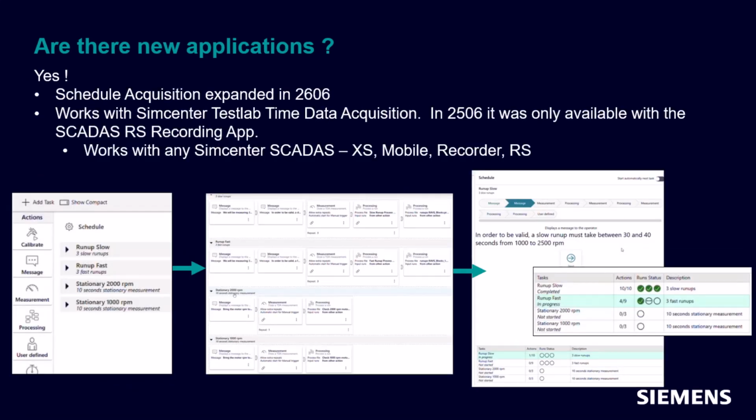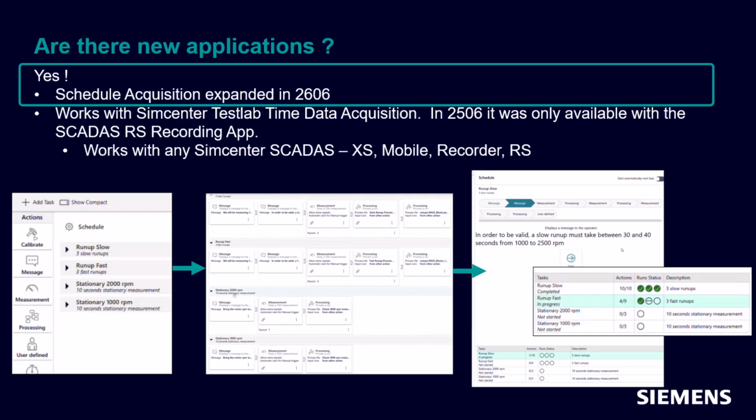Are there new applications? Yes, Schedule Acquisition. So this is what we're excited about. This first came out in 2506, and it only worked with the SCADAS RS in the Recorder app. It allows you to set up a test schedule ahead of time where you want someone to maybe go to